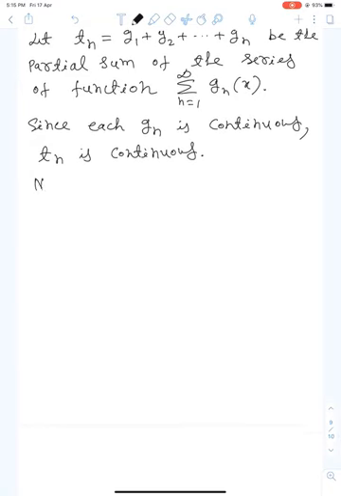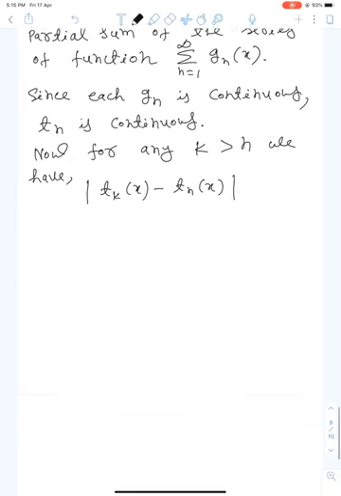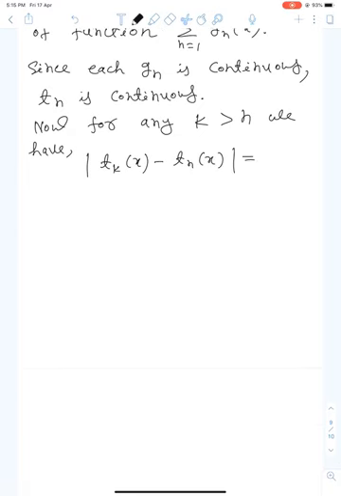Now for any k bigger than n we have, so what is my T_k(x) - T_n(x)? Okay, so this is just the modulus of summation over i = n+1 to k of g_i(x),